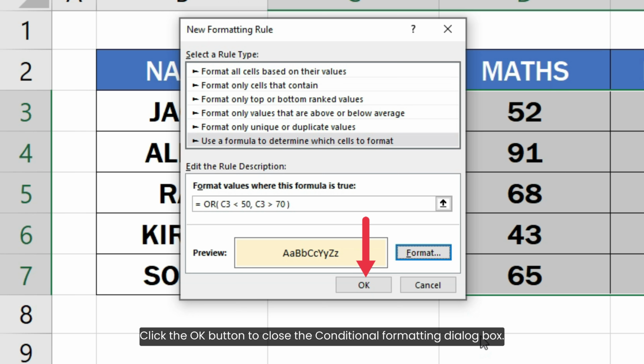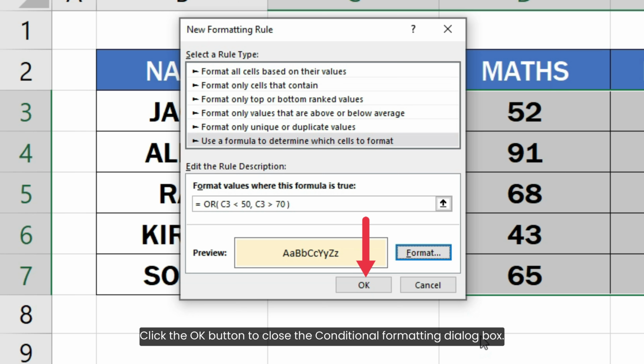Instead of hard coding the values directly into the formula, we can also reference other cell values. For example, in this Excel sheet, I want to highlight the cell values not between the values of the cell C2 and A2 respectively. So this time I will check if the value of the cell C5 is not between the values of the cell C2 and A2 using the OR function like this.